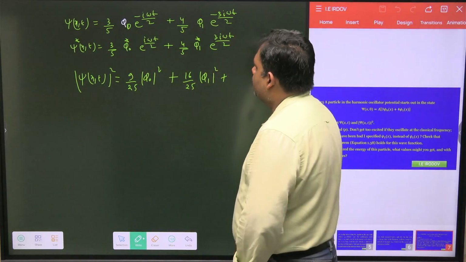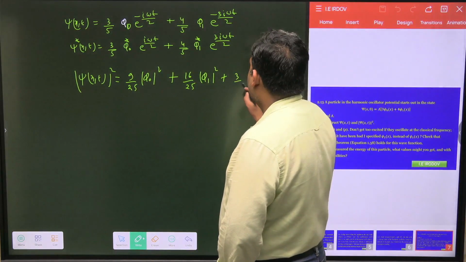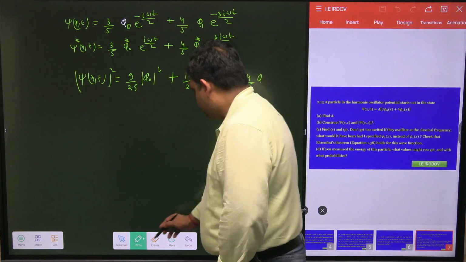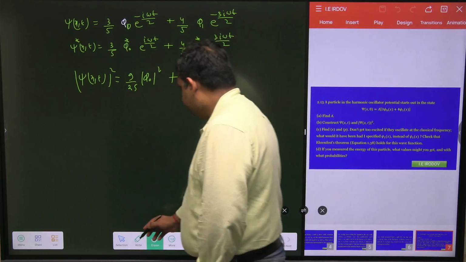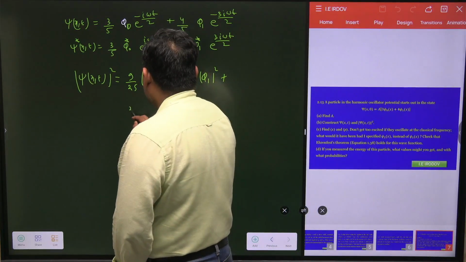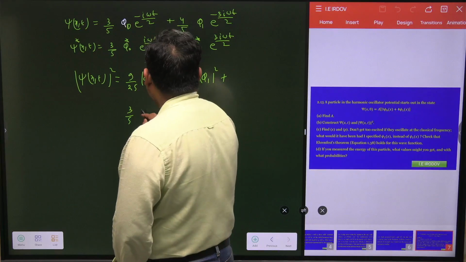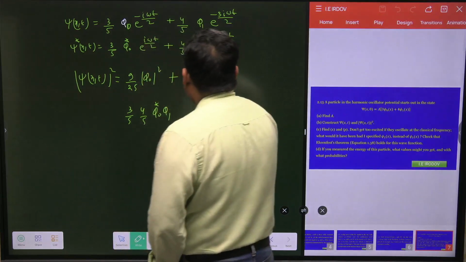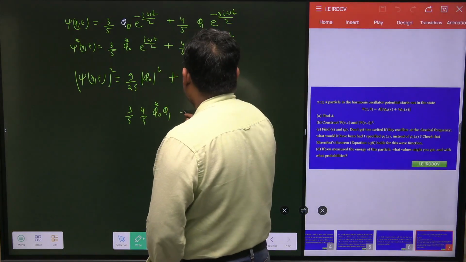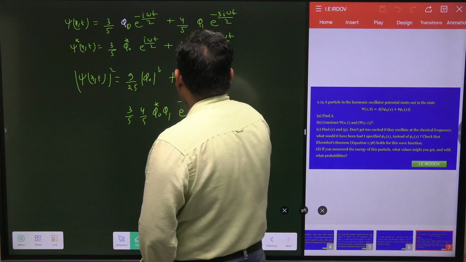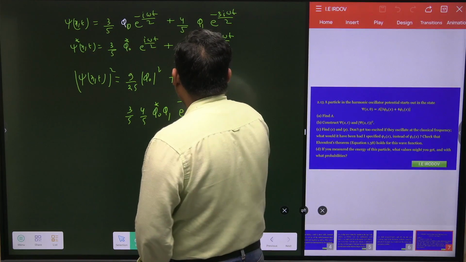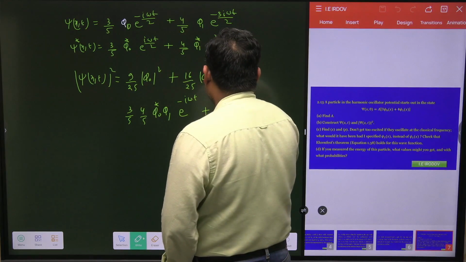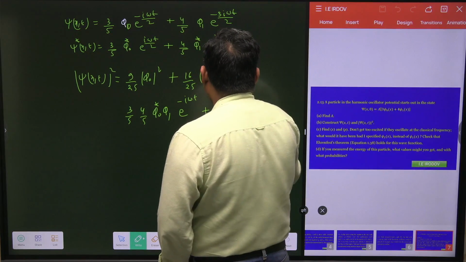And when we have the cross term, then we have 3 upon 5, 4 upon 5, and I can write it here actually, so I can use the proper space. So this value is equal to 3 upon 5 into 4 upon 5, phi naught star phi 1, and this into this is going to multiply, then this value is e to the power minus i omega t, and then this into this is going to multiply, then 4 upon 5 phi 1 star phi 0,